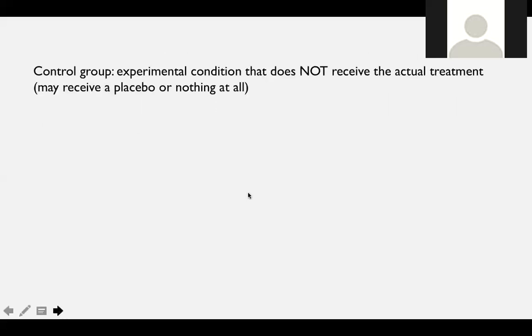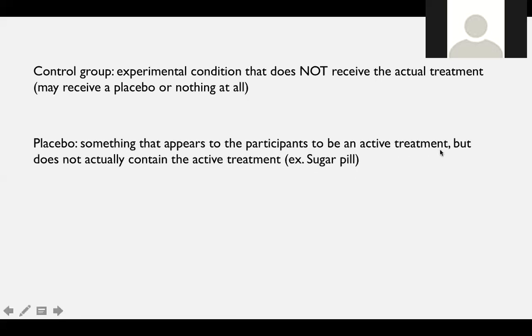Okay, so control groups, placebos, and blinding. A control group is an experimental condition that does not receive the actual treatment. They may receive a placebo or they may receive nothing at all. A placebo is something that appears to the participants to be an active treatment but does not actually contain the